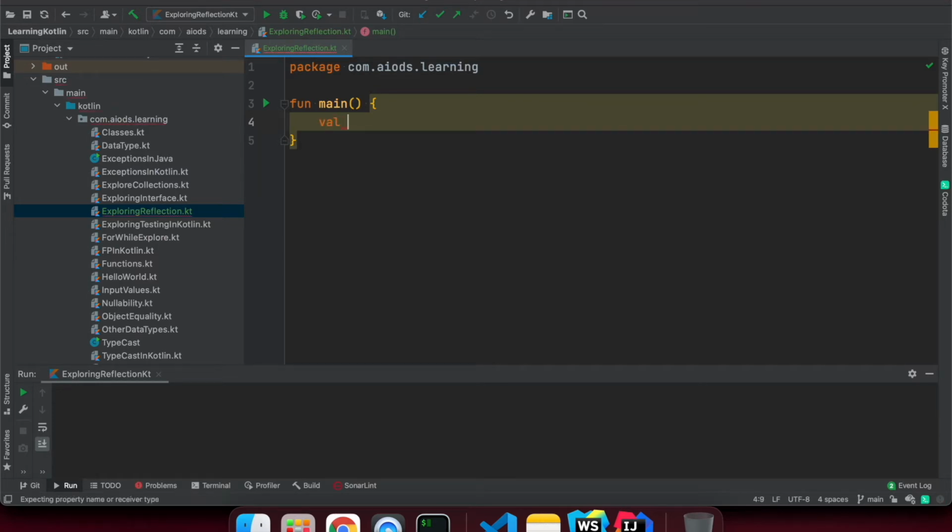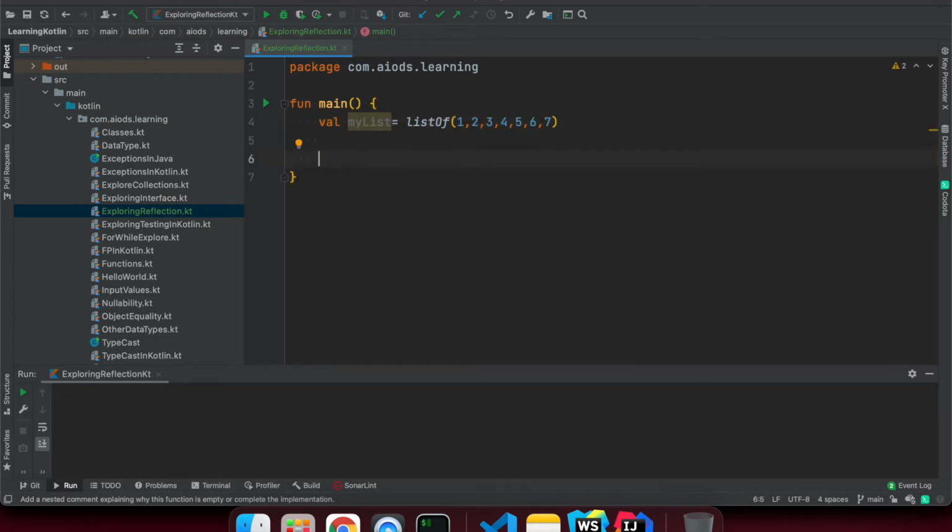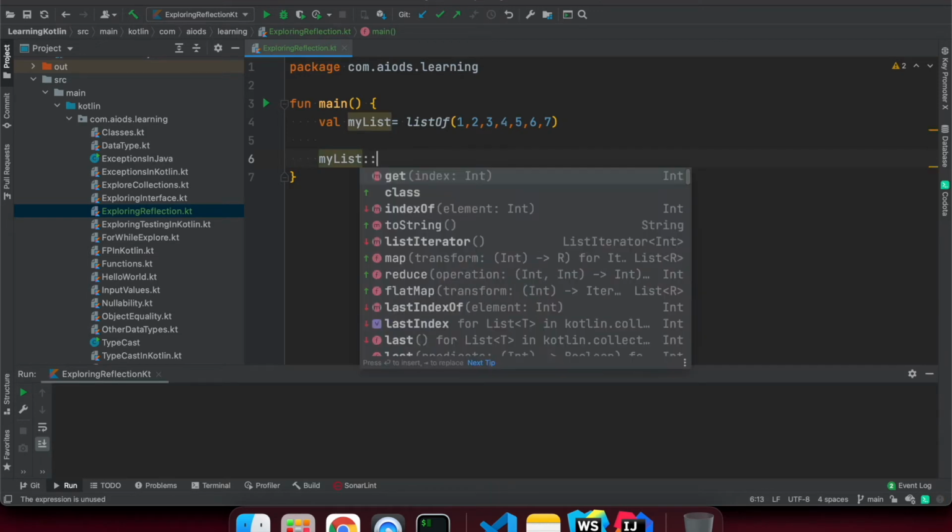I'm saying val myList, creating just an immutable list here, listOf 1, 2, 3, 4, 5, 6, 7. We don't need to declare explicitly what the type is. Suppose we want to say myList and put the double colon operator.